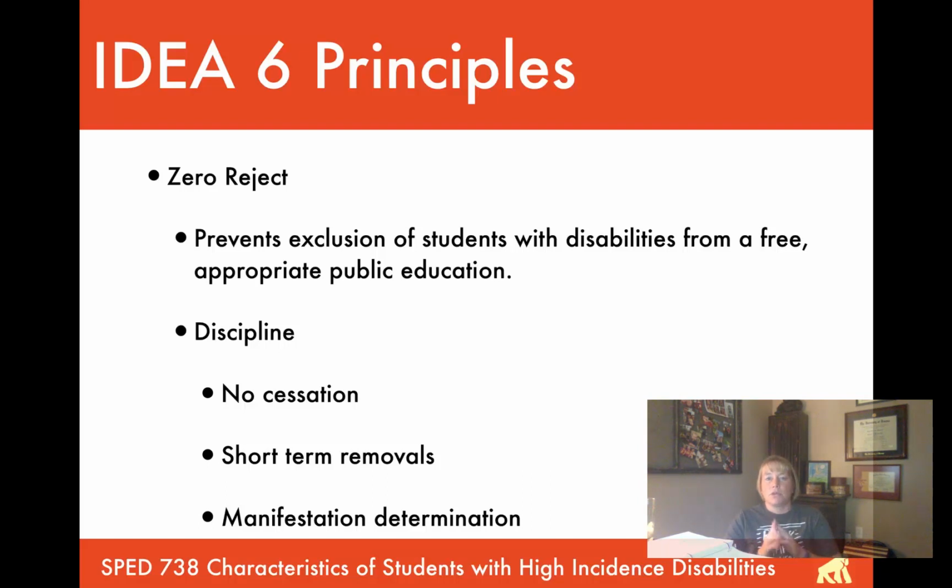Okay? There are 3 things that can occur that do allow you to place a student in an interim alternative education setting for up to 45 days. And that is if a student brings a weapon to school, if a student brings drugs to school, or if an injury occurs because of the student's behavior. So if that student on the spectrum injured another student or injured a teacher or a para, the school does have leeway to put that student in an alternative education setting for up to 45 days without making any kind of determination of manifestation.